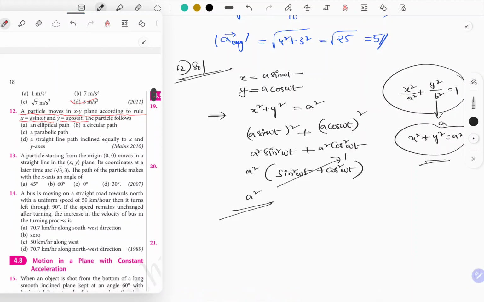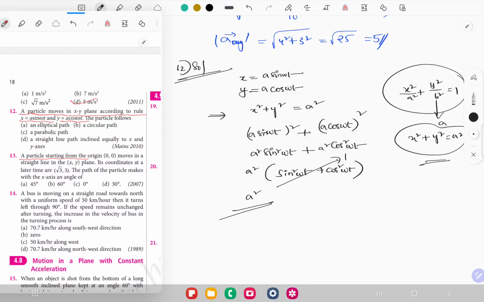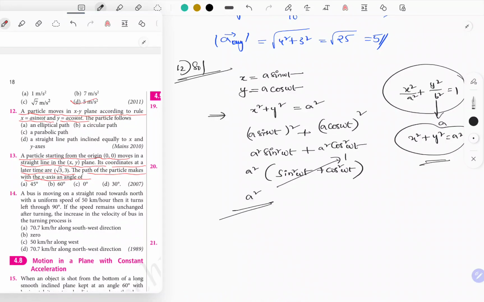Next, question number 13. A particle starting from the origin moves in a straight line in the xy plane. Its coordinates at a later time are root 3 comma 3. The path of the particle makes with the x-axis an angle of